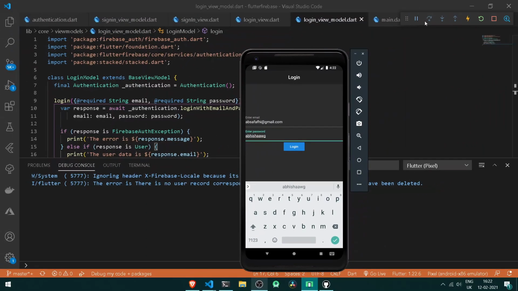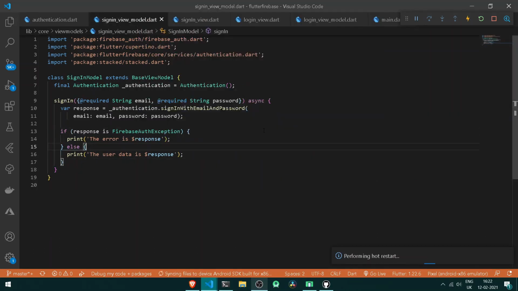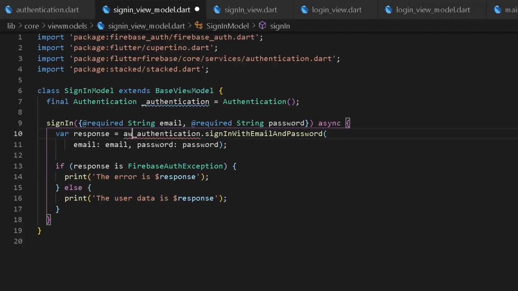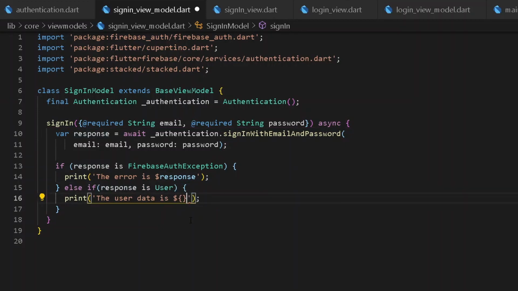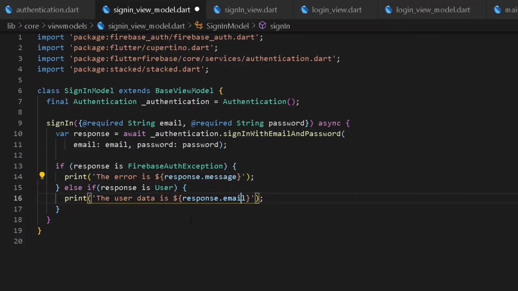So once we have done this, let's load our entire application once, and let's go back under our sign in view model. So under our sign in view model, let's have the following condition one more time. So here let's have our await state. After having await state under our else, I can simply say else if the response, we can simply print out our data. So here first of all, we can be simply printing out our response of email, and under a case of exception, I will be simply removing the following response, and here I will be simply having response of message of the following exception. So format document once, and now let's try it out.